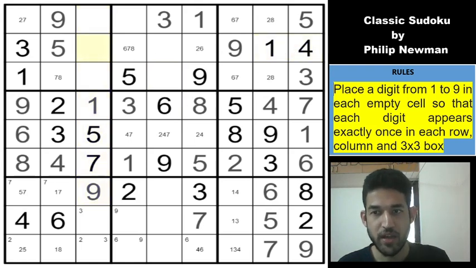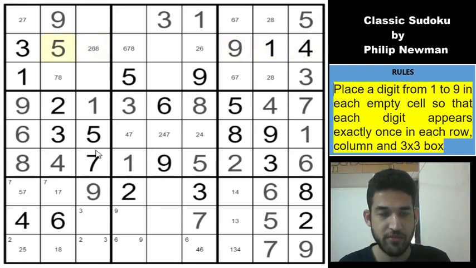Okay, and this cell has to be 2, 6 and 8, can't be 7 and cannot be 1, 4, 9, 3 and 5. So which means that we can corner pencil mark 7 into these cells. So let us look at this cell. This is also constrained. 1, 2, 3, 5, 4, 6 and 7. So this will be 8 and 9, right? So that doesn't seem to be much in the grid.